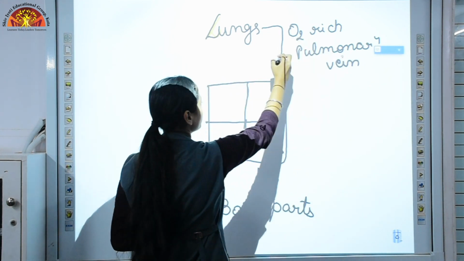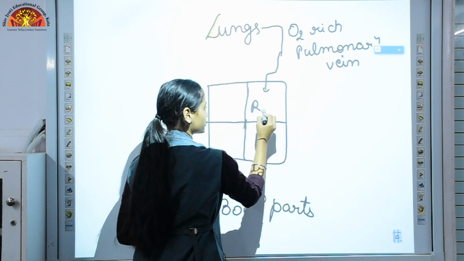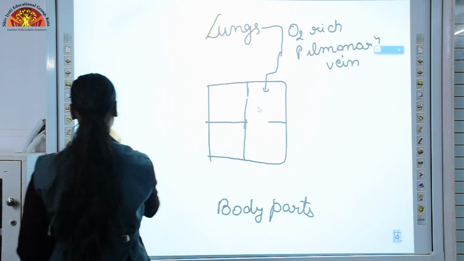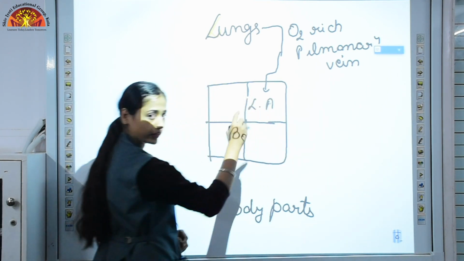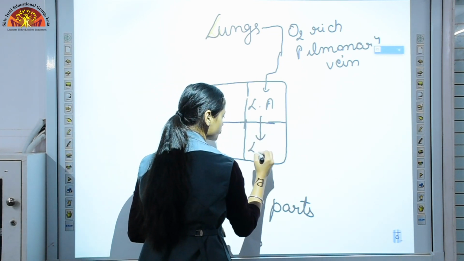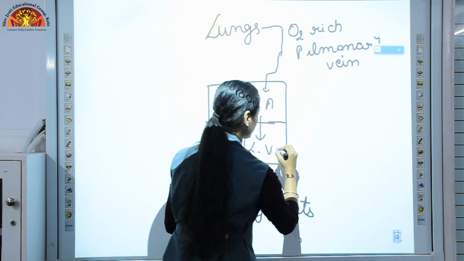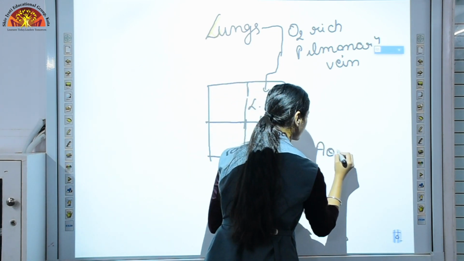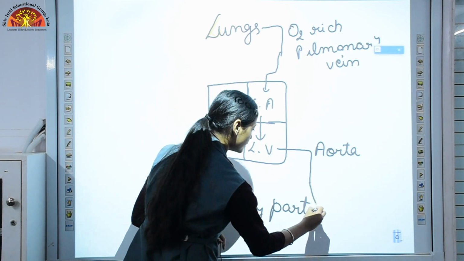Now this vein will enter our, this is left. It will enter our left atrium, then through left atrium it will pass to left ventricle, and through left ventricle with the help of artery, and the name of that artery is aorta, it will be transferred to the rest